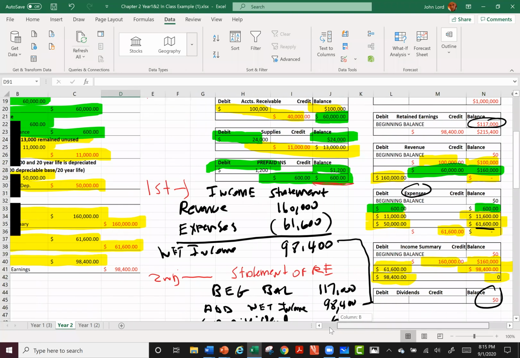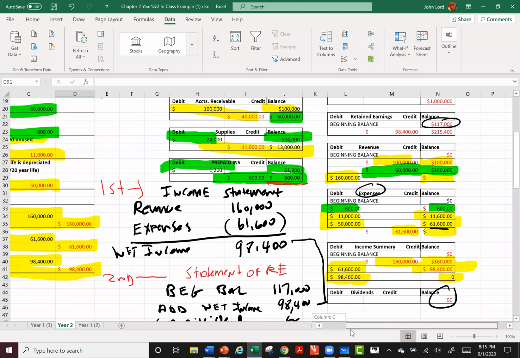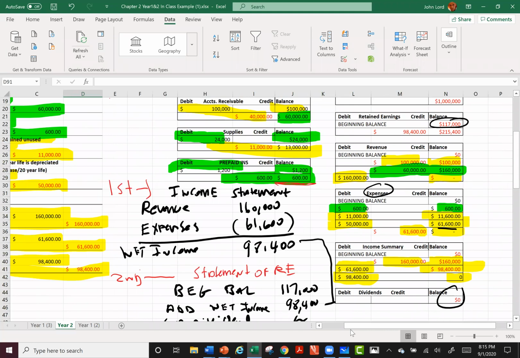And I got to credit something. I credit retained earnings. And when I credit retained earnings, there we go. Now my retained earnings is up 98.4. It now has a balance, the 117 beginning plus the 98.4 for my income for this year makes it